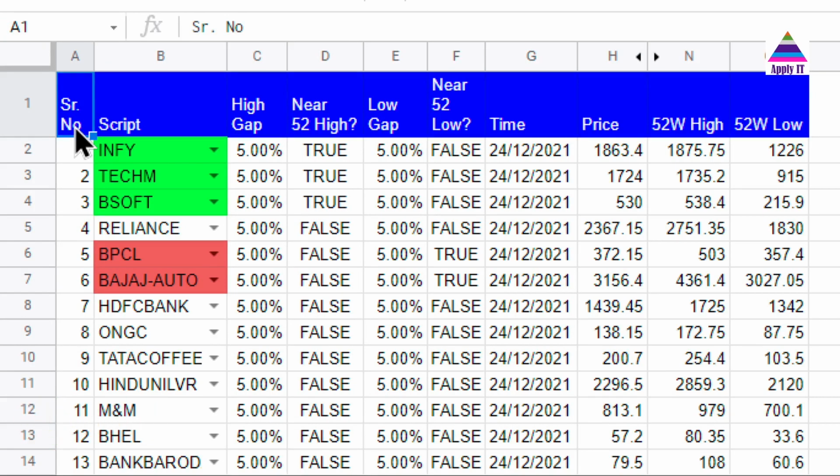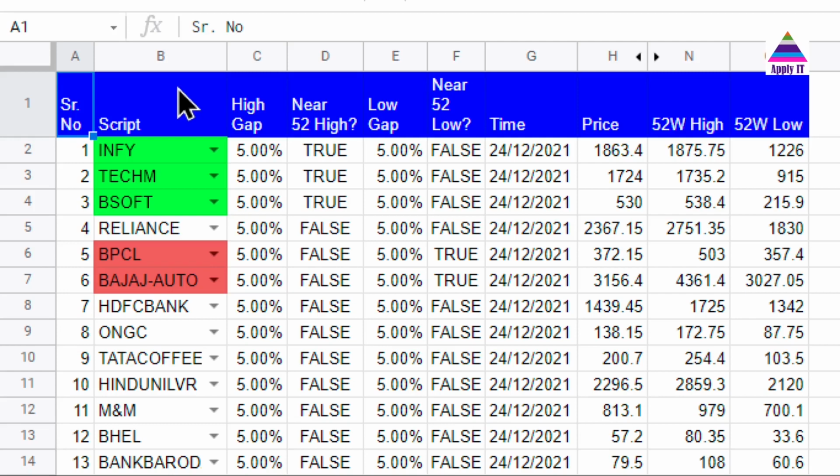Now why should we use this approach? Generally, if we write all the stocks that you want to track, then you need to check manually whether the price is near the 52-week low or 52-week high. But when we highlight these stocks, our human eyes can easily differentiate different colors, and they can easily differentiate colored things from white or non-colored things. So that's why this approach is very important. We can use this approach to keep track of stocks easily.